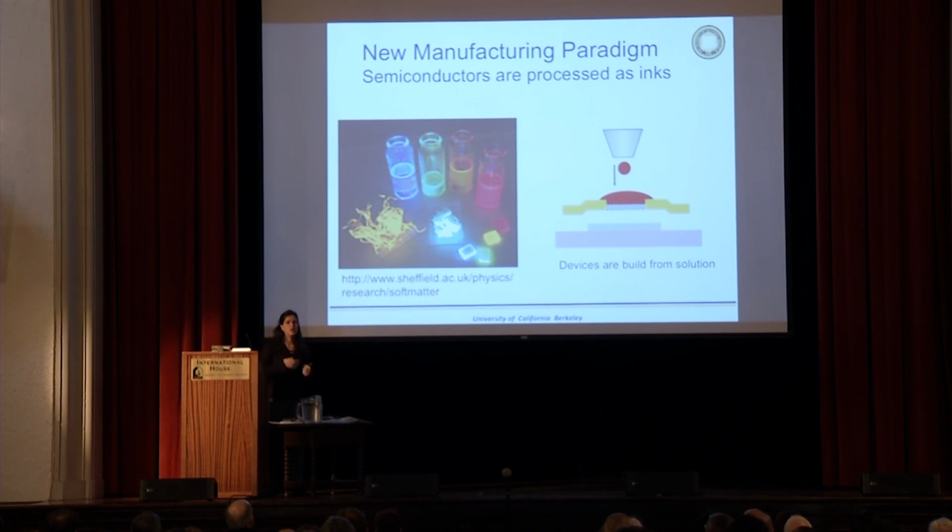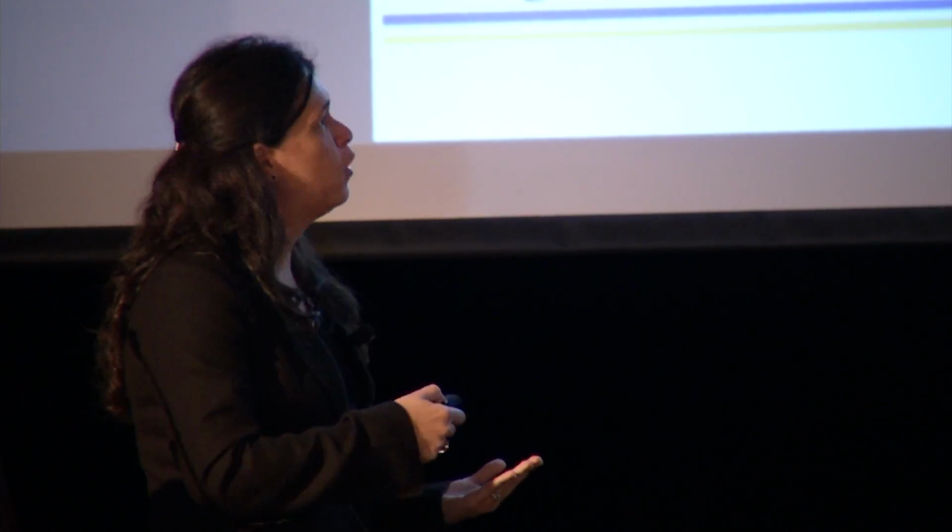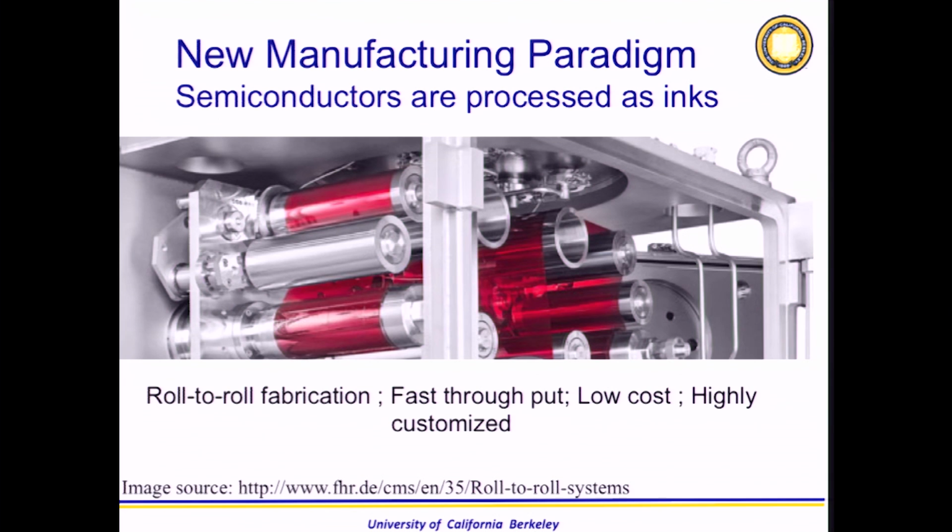For manufacturing, people are very excited about this area because you can imagine that the holy grail is that you would get electronics in a roll-to-roll fashion, where on one side of the roll-to-roll machine you have an empty plastic roll, and on the other side, after it's gone through the process, deposition by deposition from solution, you get your electronic device. That electronic device can be a display, could be a solar cell, or could be integrated circuits with sensors. So this is what drives people into this area.